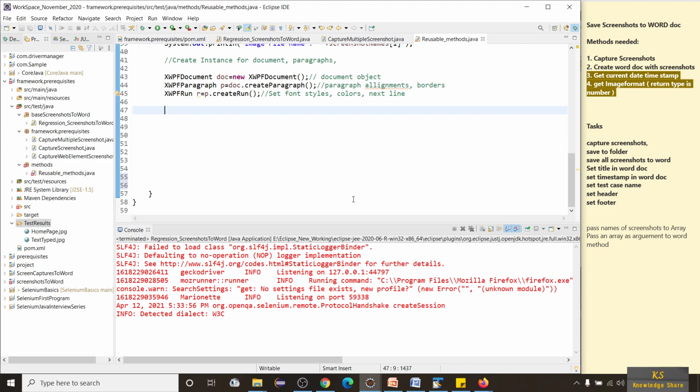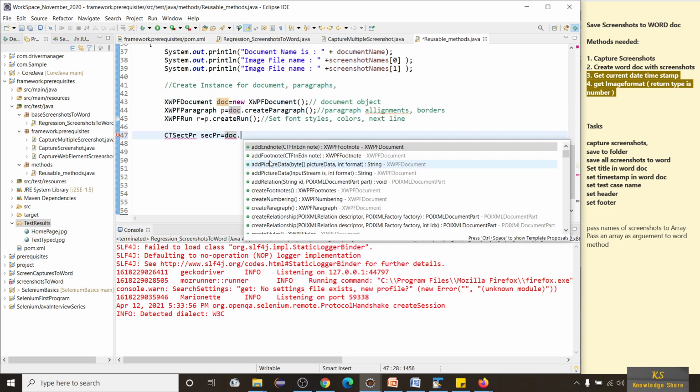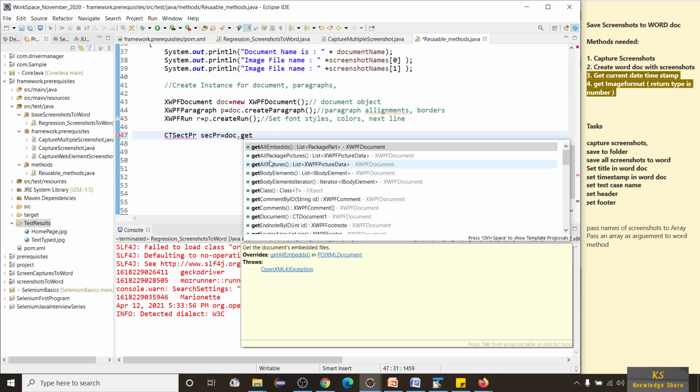Now we have to get the body of the document. For that they have given one class, CTSectPr. I'm going to take sectPr is equal to, and I'm going to reference this document to get the document body and everything. If you give doc dot, you will get getDocument. See, there is one document.